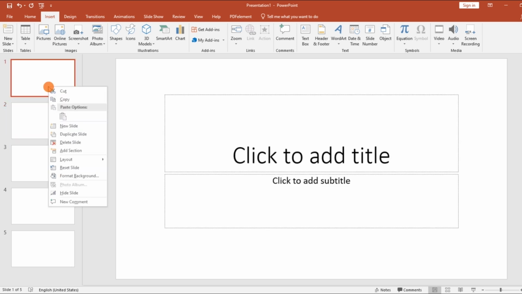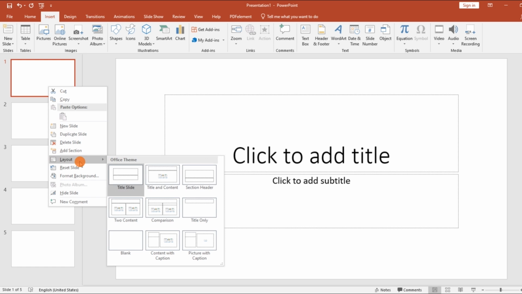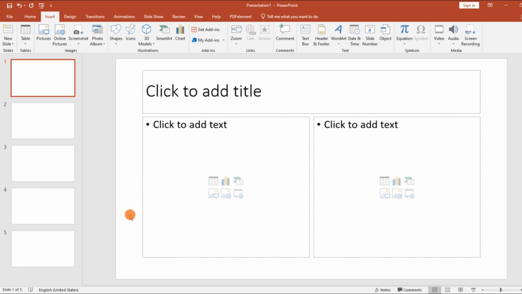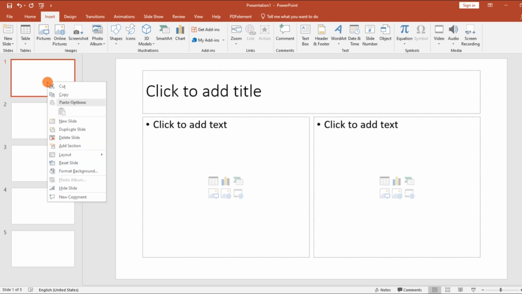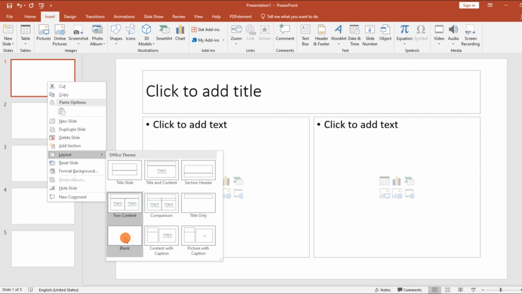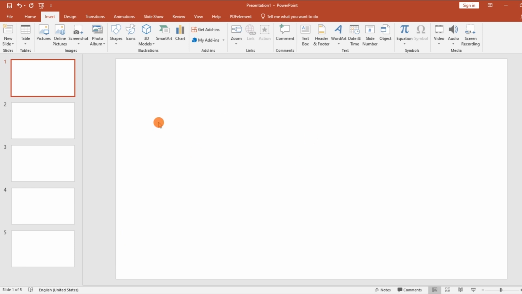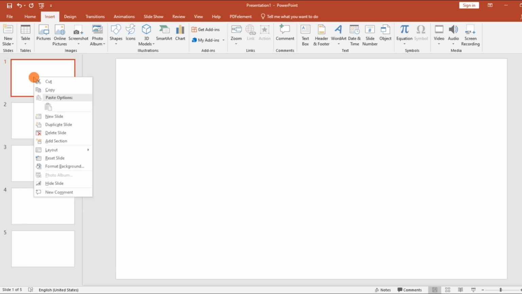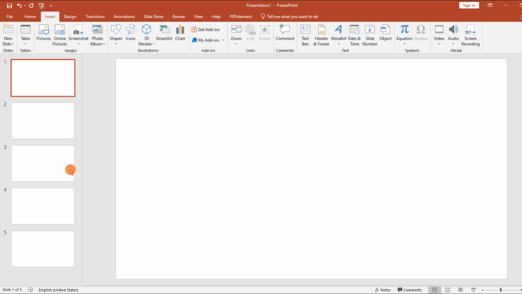You can also right click again to change the layout of your slides. You see, look at the bunch of layouts. Let me choose this one. And I can also make it to be a blank slide if I wish. Look at how it is right now. You can also still right click on it to format the background of your slide. I click here